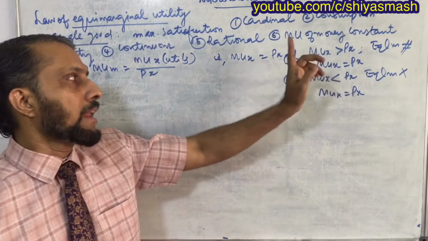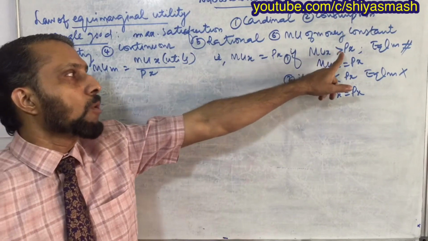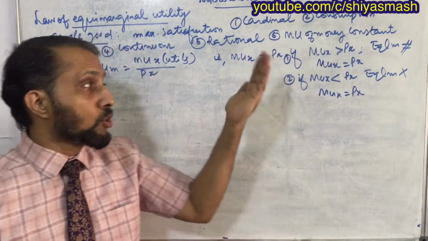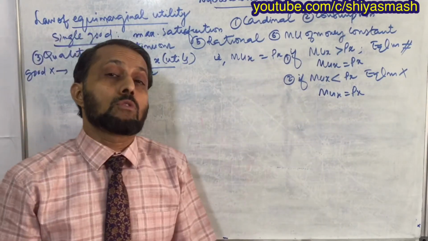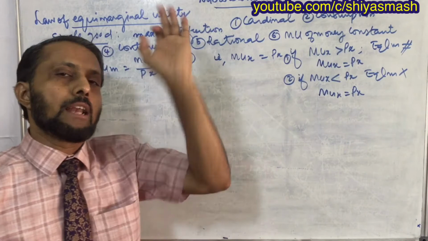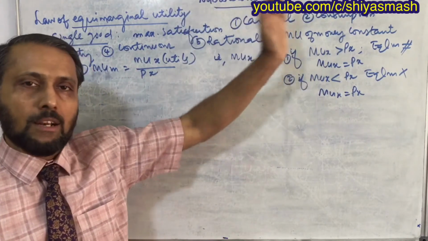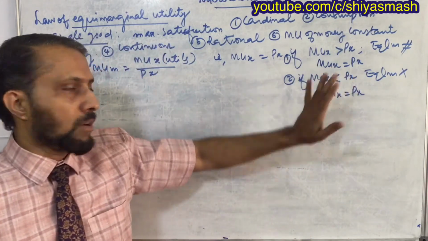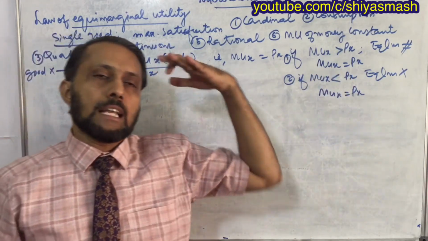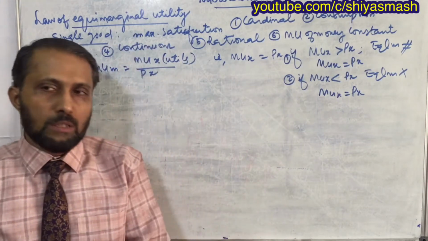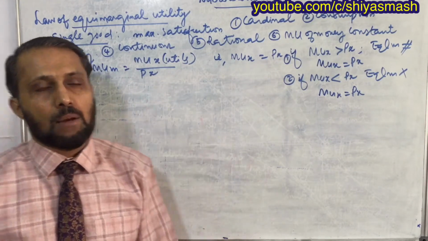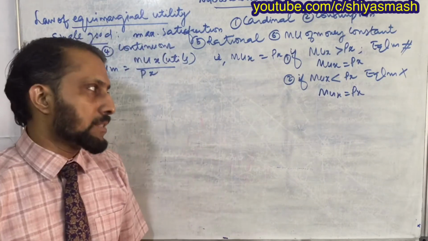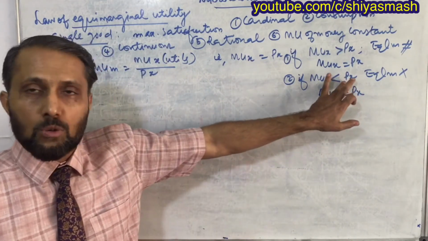Clear now? Once again, if MUx is more than Px, disequilibrium exists, and the consumer will buy more and more goods to get more satisfaction. Finally the law of diminishing marginal utility will operate: as more of the commodity is consumed, satisfaction diminishes, and he will obtain equilibrium. In the opposite case, his satisfaction is less and the amount is more. Then he has to reduce the consumption. He doesn't need to spend more, and he has to raise the total satisfaction to the level of the amount spent.